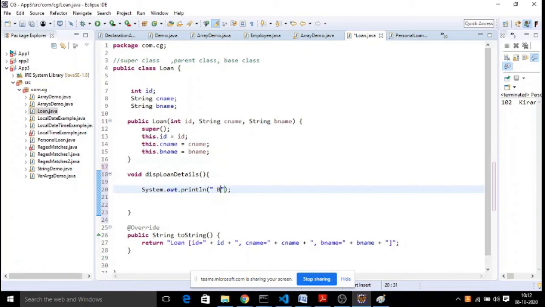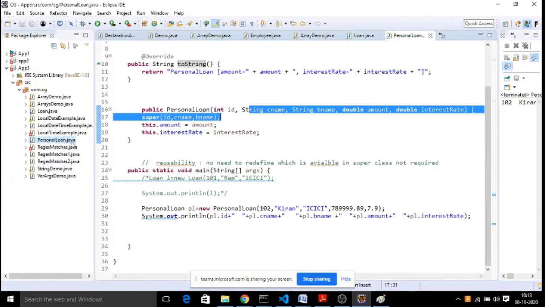Simply I wanted to give my bank name, or name of the bank which is issuing the loan. Okay, the name of the bank is B name. This is a function I have called disp loans.